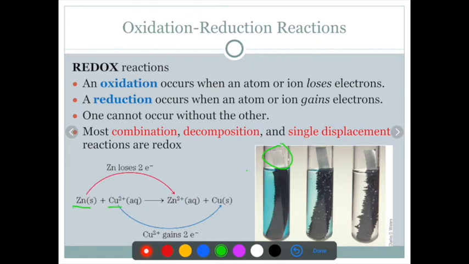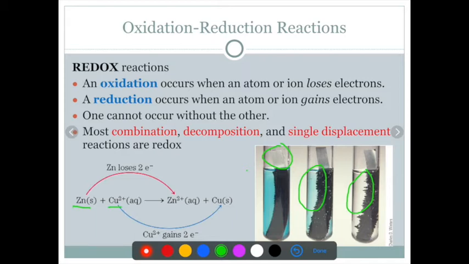Obviously in the test tube it's reacting. But the metals just change place. The copper begins to become a solid, and the zinc goes into solution, and you can see in this middle picture here that blue color is fading because the copper is coming out of solution and becoming a solid. And then in the last picture, the blue is completely gone because the copper is no longer in the solution. It's only a solid now, and the zinc is now in the solution. So anyway, that is a redox reaction,